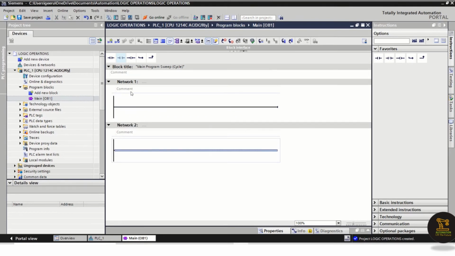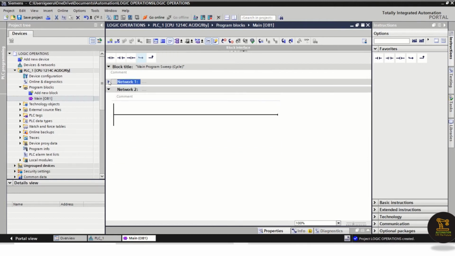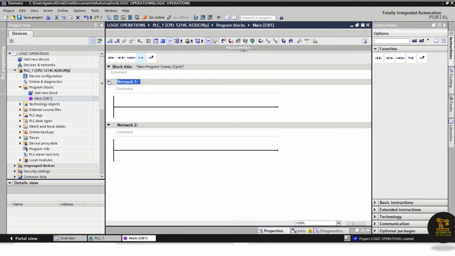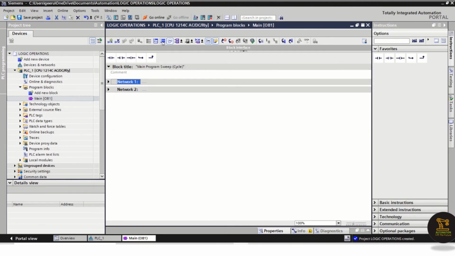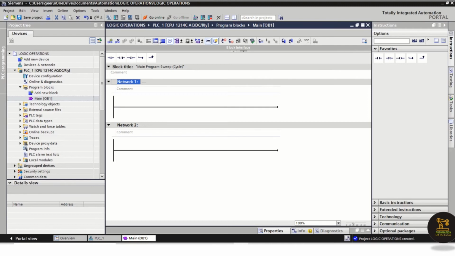Once the network has been created, if you want to expand, this is the expand option, or if you want to minimize, you can minimize like this. See, I'm unable to see the logic, unable to see inside the network, right? Either you can use close all networks, I mean, all the networks will be closed. Then whatever you want, you can expand only that, or you can expand all the networks. So currently I have told you only 4 things: insert network, delete network, and open and close all networks.